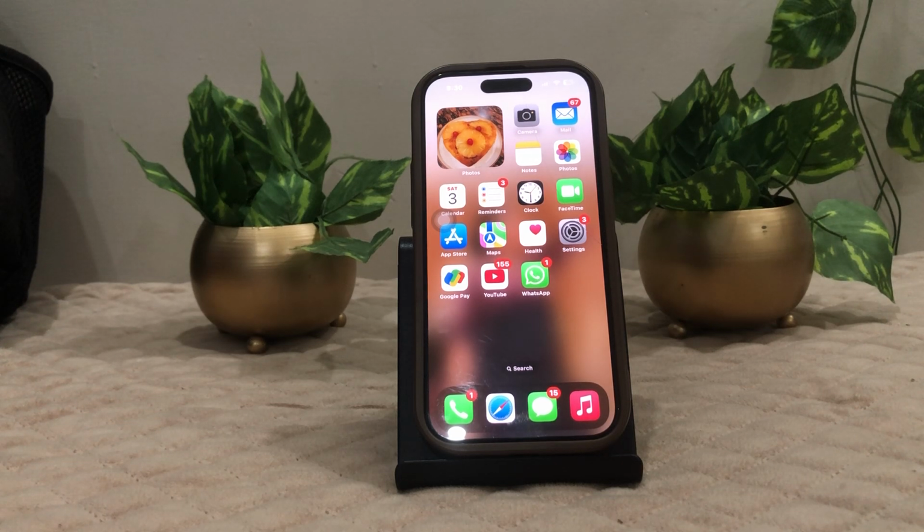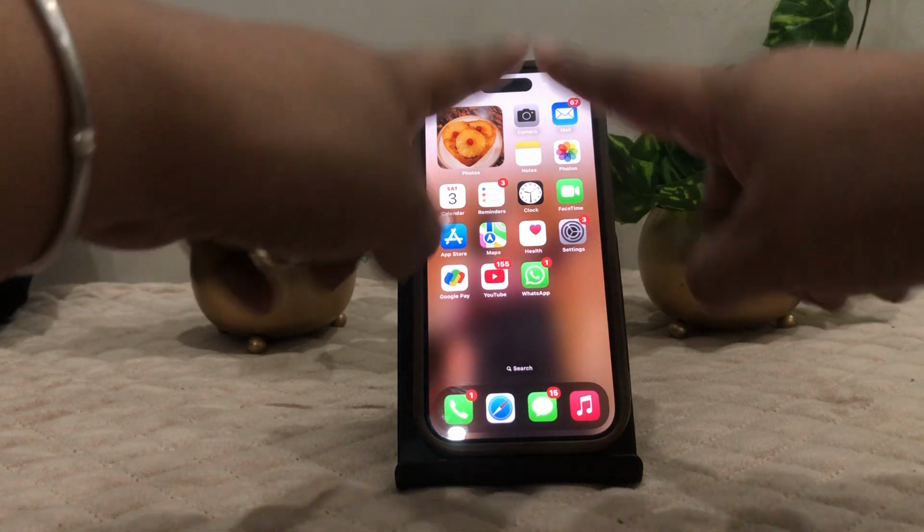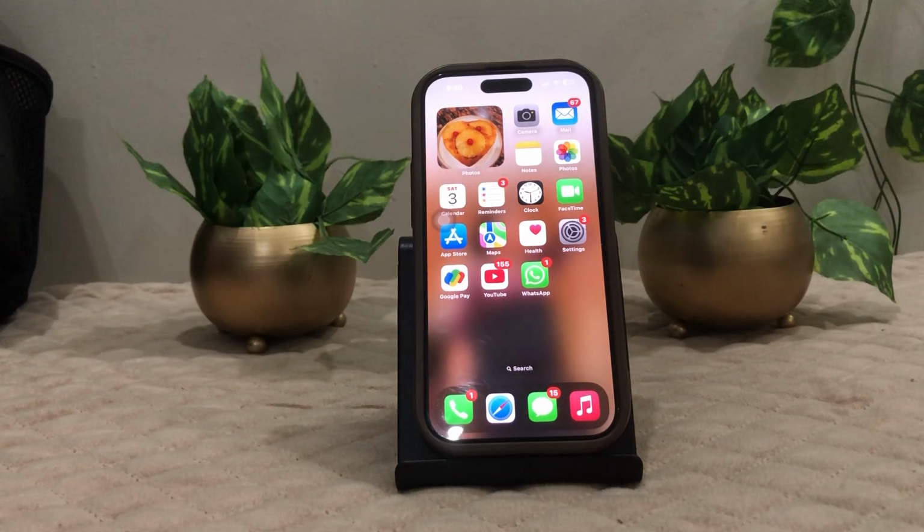Let's learn how to fix iPhone stuck on home critical alert, how to get rid of critical alert on iPhone as well. If there is a red triangle sign coming in front of you all the time, and even a notification comes that there is a critical alert on your iPhone, then how to fix it? Then it would keep sending critical alerts again and again, and you will not be able to use anything. But for that, you can give a force restart to your iPhone, and that is considered the quickest solution for this problem.